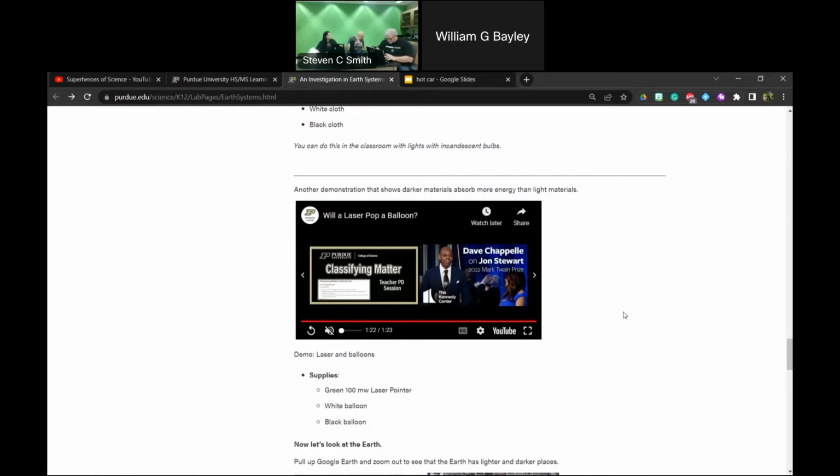Now, this particular laser pointer, I got it because it looked cool. Let's face it, but it's just 100 watt, right? Milliwatt, yeah, 100 milliwatt. Ooh, 100 watt, that'd be fun. But 100 milliwatt, sorry, green laser is all it is.